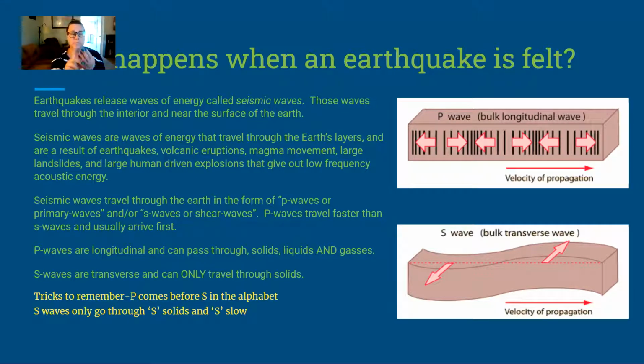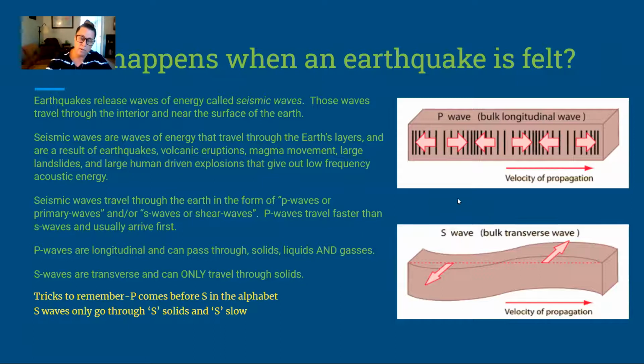P waves also move differently than an S wave. P waves move longitudinally, which means back and forth, the length of it. Think about a slinky, and I have a video to show you about this. If you pulled the slinky apart and then it went back together, and apart and together, that is how the P wave works. It goes in one direction, which is called the direction of propagation, and it goes in and out, along the length of the wave. The longitudinal wave.